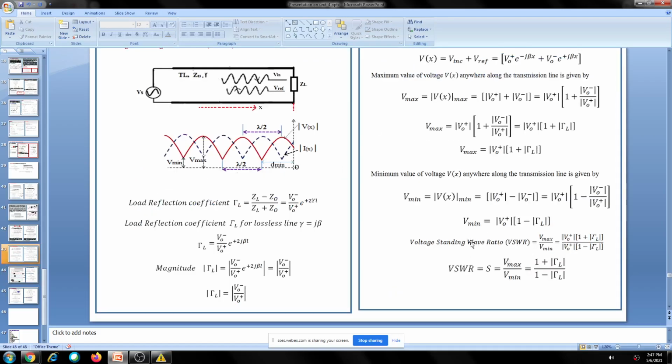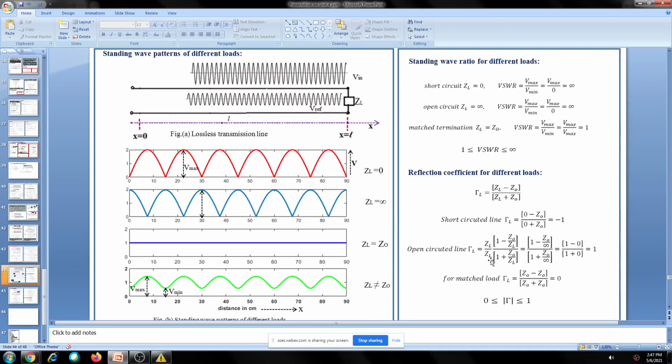Okay, so you got it now. This is about the standing wave patterns on a transmission line. It depends upon the length of the line. You see here, I have shown many cycles, 3 cycles, because the length of the line I took is 3 lambda. If you take only 1 lambda, you can observe only these two. For 2 lambda we will observe up to this. If the length of the line is half wavelength, then we will observe only this.